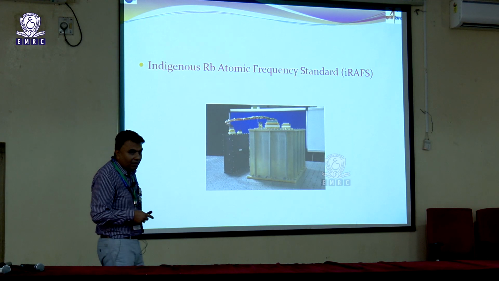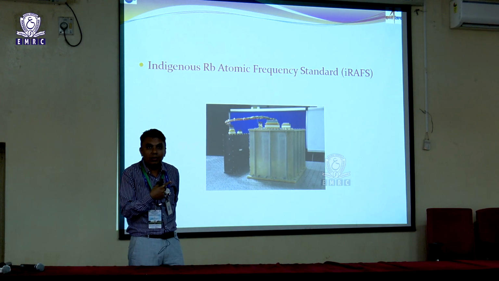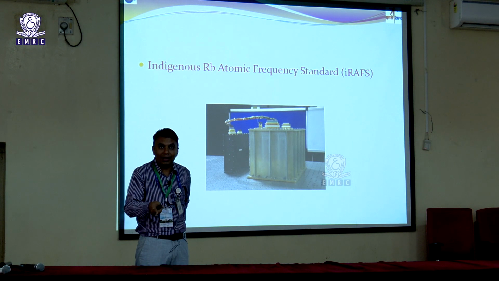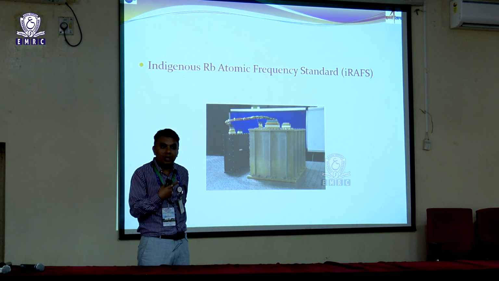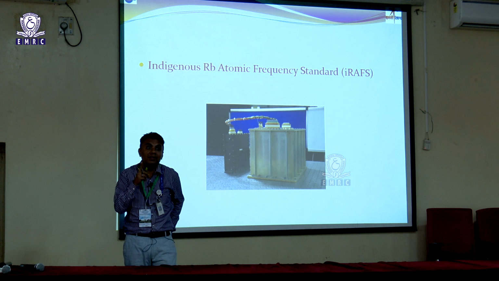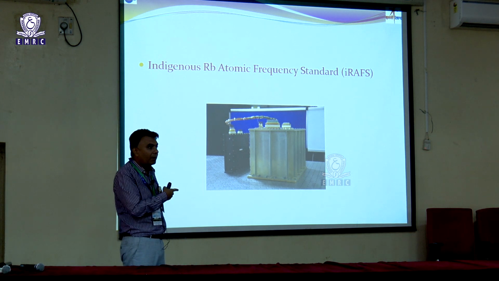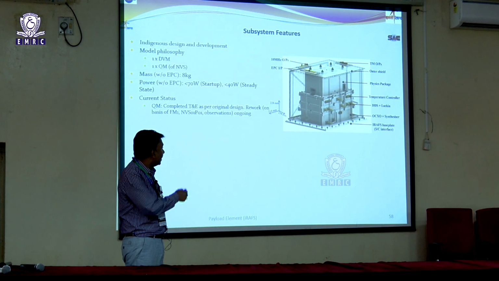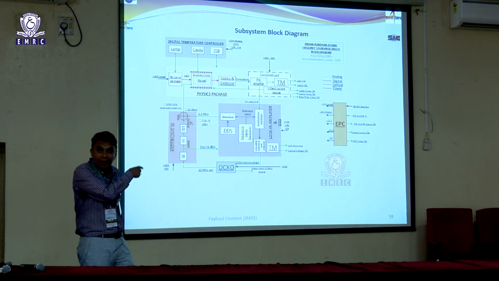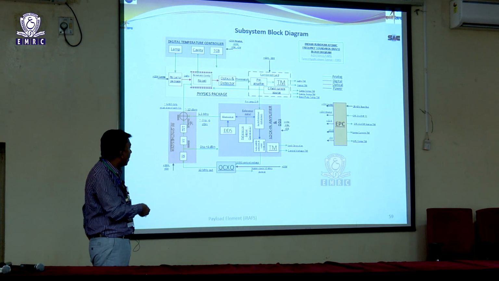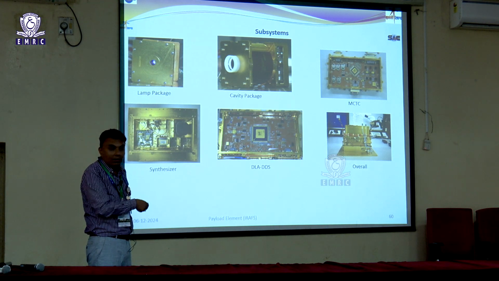Another important subsystem of the NavIC satellite is the atomic clock. You know the importance of the atomic clock, because it is solely responsible for giving sub-centimeter level accuracy on the ground. Earlier we used to procure this clock from SpectraTime in Switzerland, and a single atomic clock cost around 10 crore rupees. Single clock. But now we have developed it in-house, and now it is ISRO intellectual property. We have developed this clock in-house, and these are the internal details. I am not going into detail, we don't have time, but I am just showing you the various design parameters of the clock. These are the few block sets which have been used in the clock. These are some packages which are integrated inside the atomic clock. So that many packages.